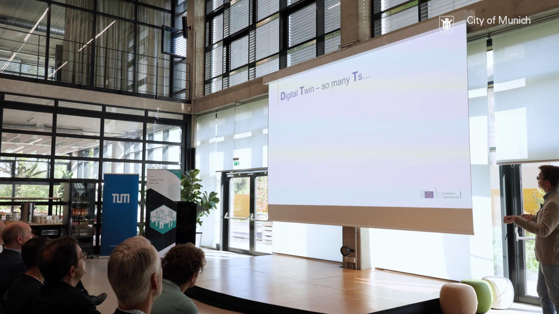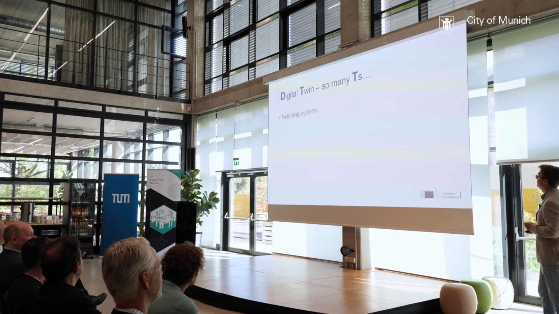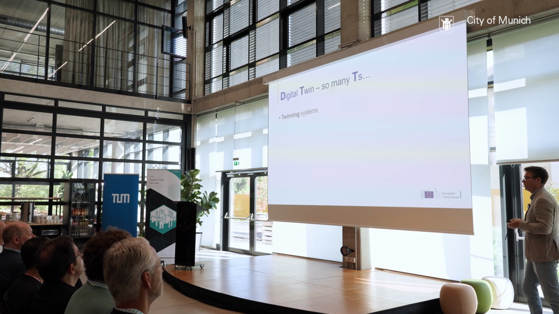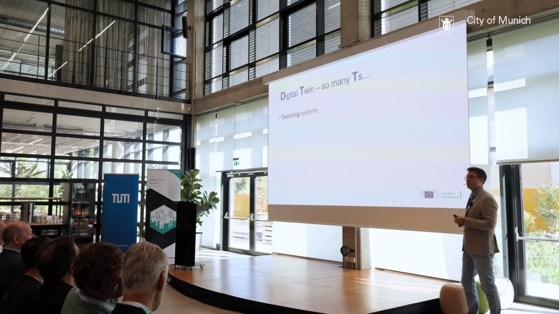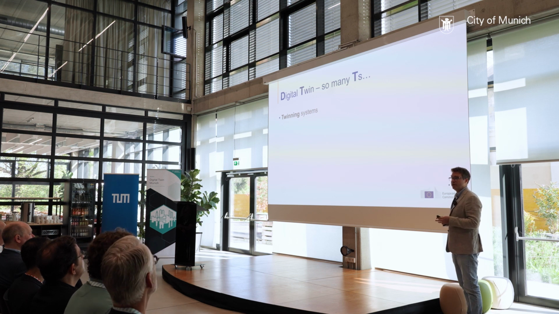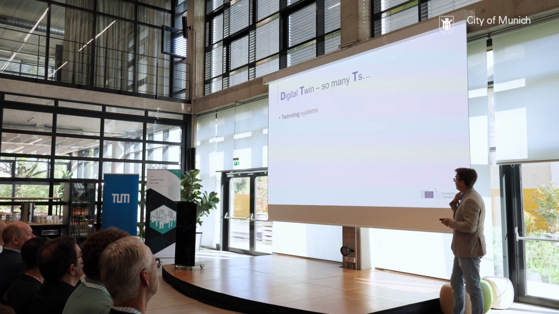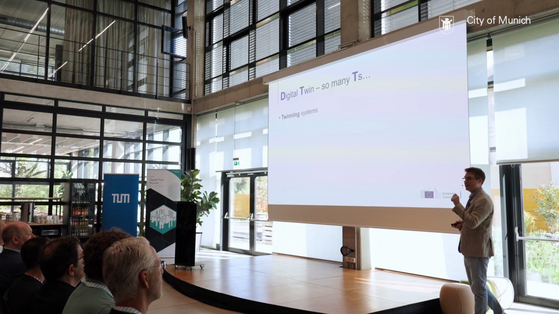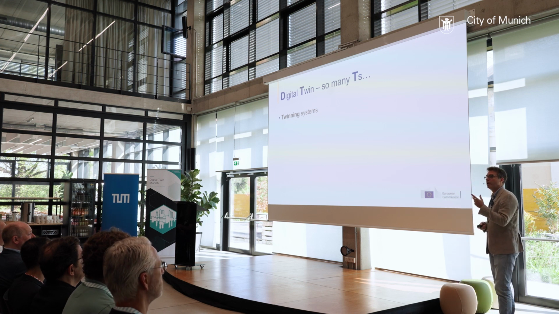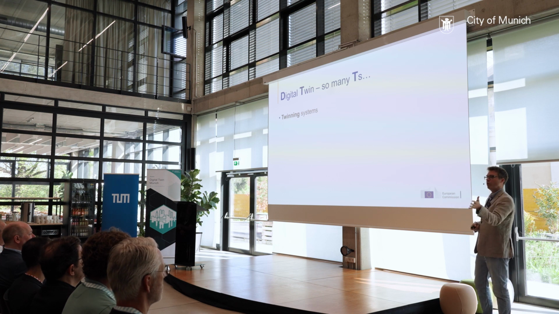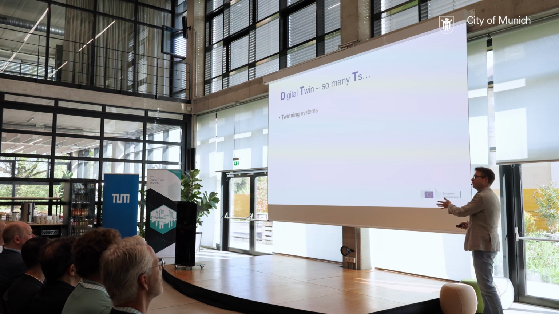And then the digital T, we have many T's as well. So actually we are twinning systems. The systems can be very easy or very straightforward to represent. The first one I did from my own experience was a decision support system for the Nile and the Aswan Dam as its only control element. So you had incoming water, then you had a control element that you can open or not, and then you have the water that flows down.